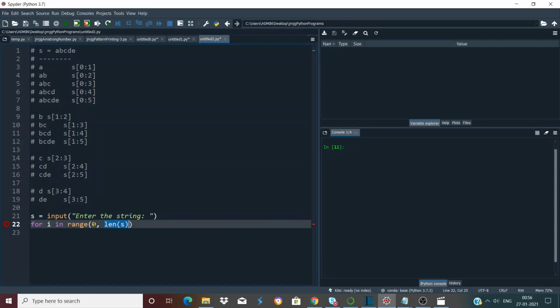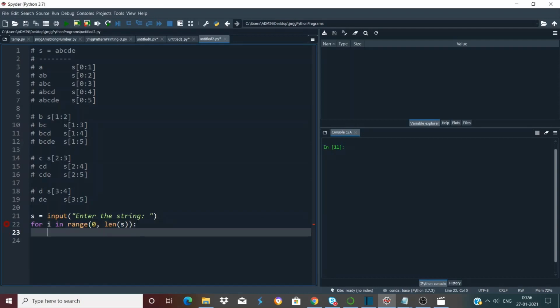So if we mention 0 comma length of the string, this sequence will contain all the consecutive integers from 0 to the number which is 1 less than the length of the string. So we'll basically start from 0 and continue to the last character of the string, right? So this outer loop will take care of fixing one character at a time.